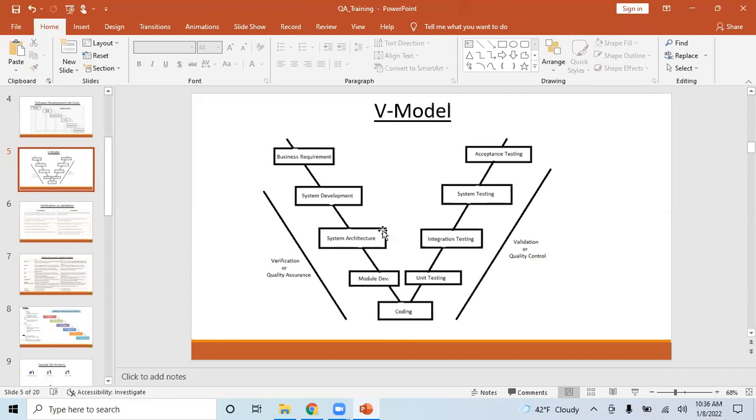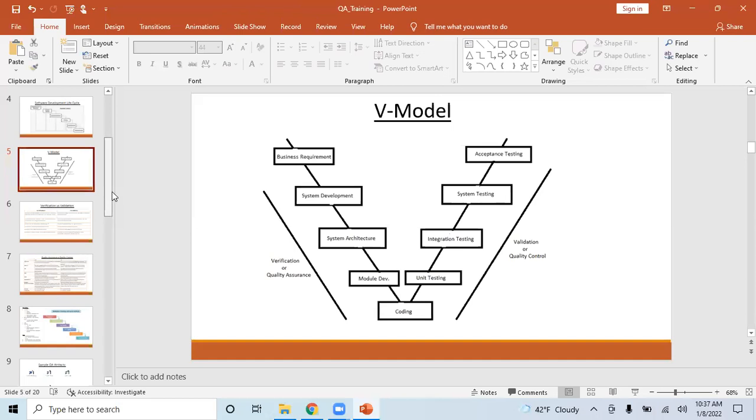I think this validation part, we can divide this testing into another part, like white box testing from the developer's point of view, and what QA does, black box testing.